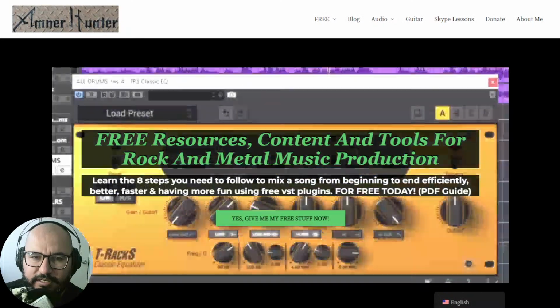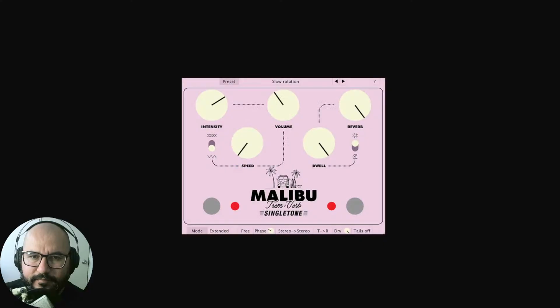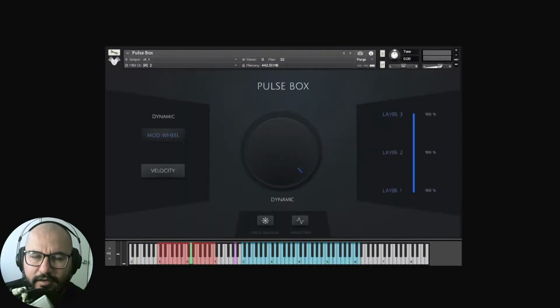Let me show you the plugins I am going to be checking out today a bit more in depth. First, let's start with the freebies. We have a cool tremolo reverb. It's called MALIBU Trem Reverb, and it's completely free, alright? Sounds amazing. Also, we have a brand new virtual instrument by the company Wavelet Audio. This one is available for free for the free version of Kontakt, which is Kontakt Player, and it's called Pulse